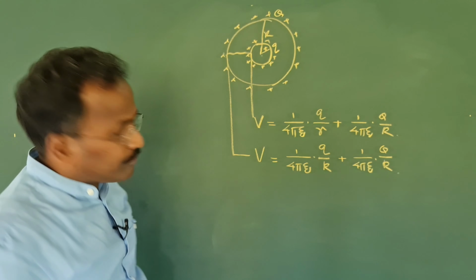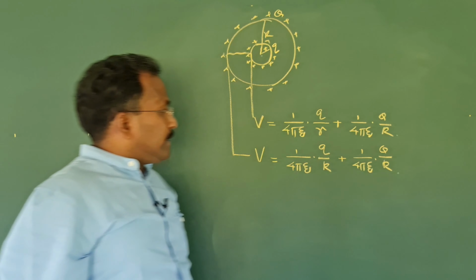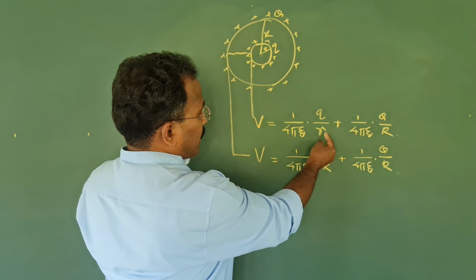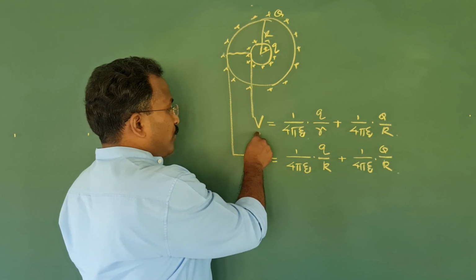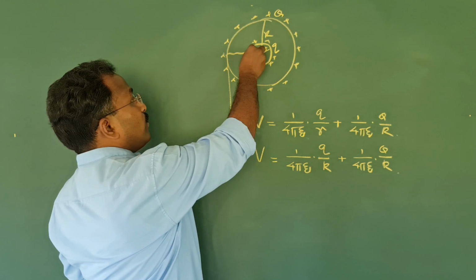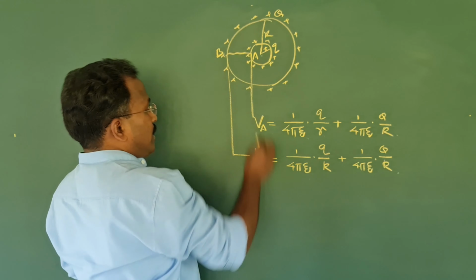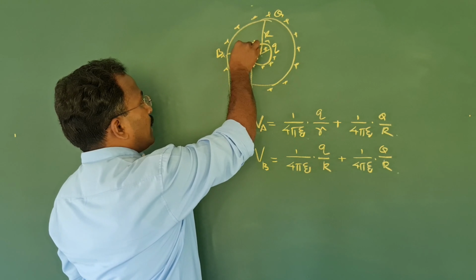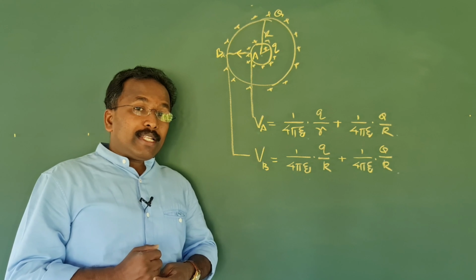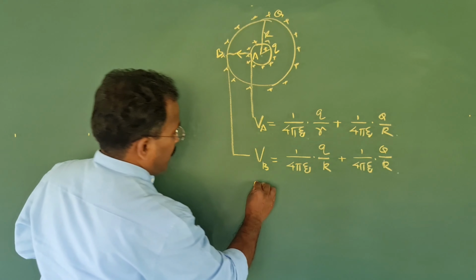Now are they equal? No, they are definitely not equal. This added factor being the same, you see these two factors. Here the denominator is small, means this factor is large. That means there will be charge flow. If I mark it as A, this as B, there will be charge flow from A to B. Correct, no?